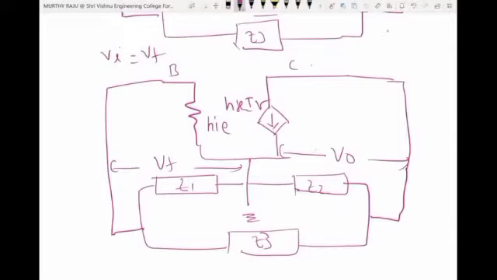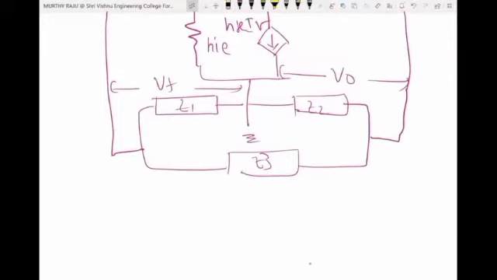According to the oscillator, this one is the amplifier and this one is the feedback tank circuit. The output of the amplifier is connected to the input of the feedback network, and the output of the feedback network is connected to the input of the amplifier. Same analysis here. This is the VF voltage. This is the V0 voltage. Next, this is the final equivalent circuit. From this equivalent circuit, you have to analyze.